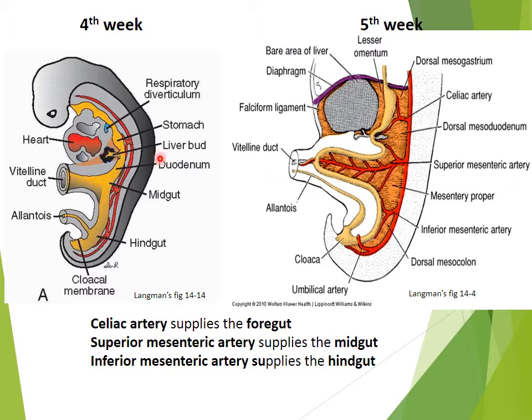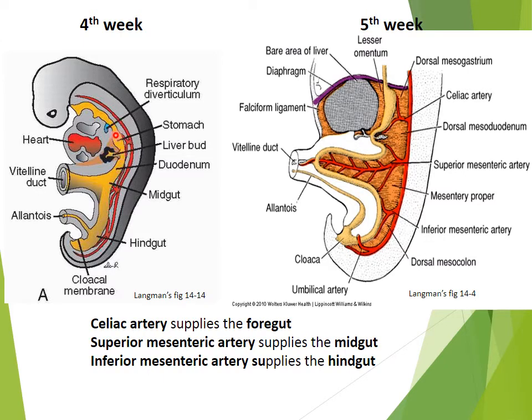Now the development of the arteries. As you have seen, this whole portion here, the pharynx, is the pharyngeal primordium, developing by the pharyngeal arches. Distal to this is the respiratory diverticulum, then the esophagus, and then this dilatation for the stomach, till the opening of the hepatic diverticulum, which makes the opening of the bile duct. This whole portion is the foregut.